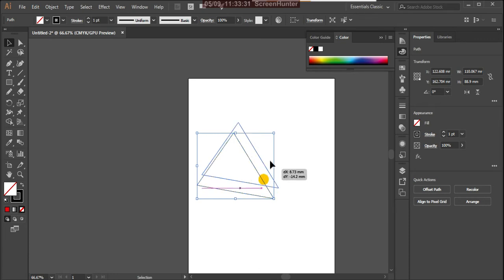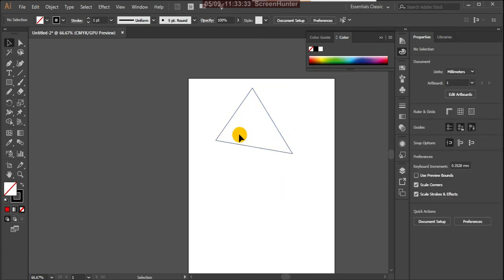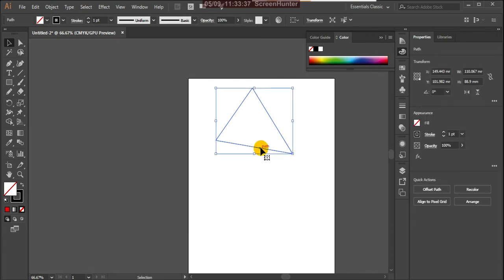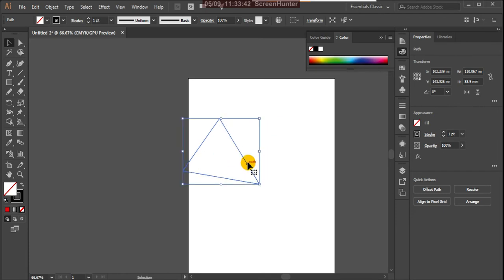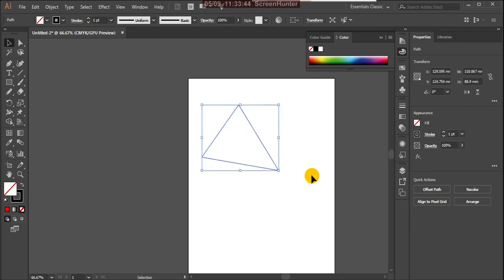See, now these are not individual lines, individual shapes, individual paths. So when you click one area, it moves all at a time. Now it is very easy to fill colors. Understand?